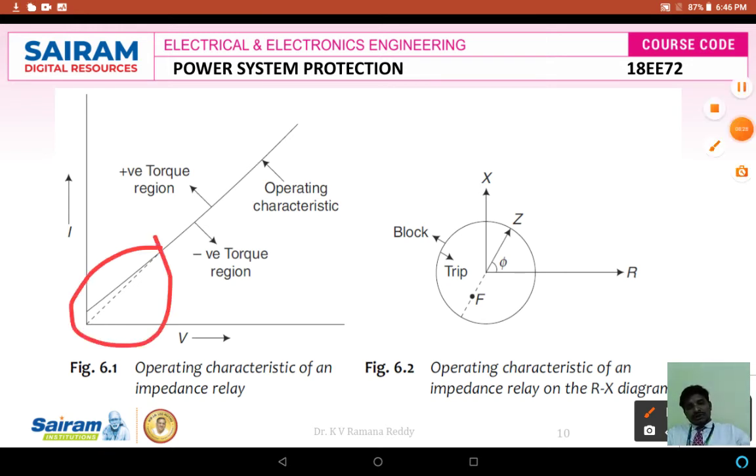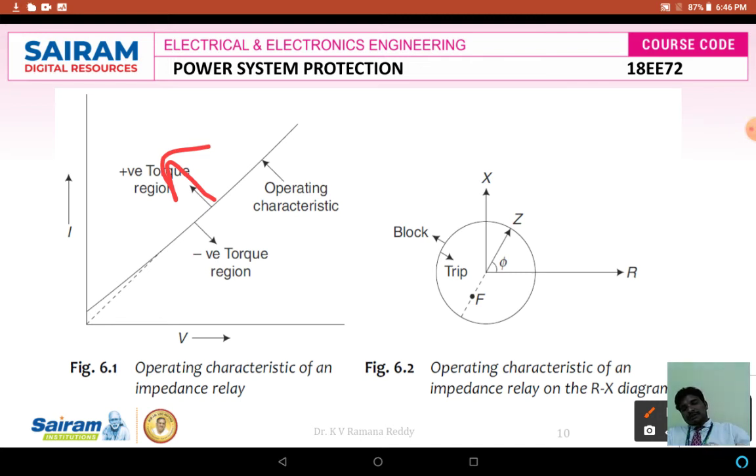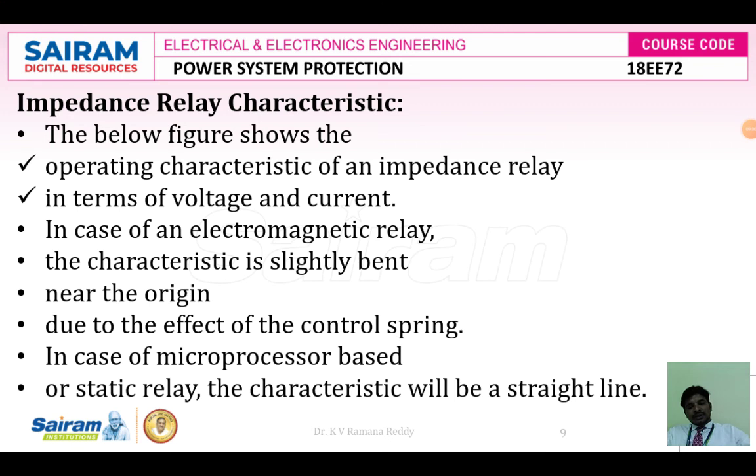There are two types of torques, one called operating torque and one called restraining torque. Operating torque is called positive torque. The positive torque value should lie in this zone, and the negative torque, called restraining torque, lies in this zone. Then the relay will function. That's why the operating characteristics are like a straight line for static and numerical relays, and for the electromagnetic type relay the characteristics have a slight bend initially. So figure 6.1 shows the operating characteristics